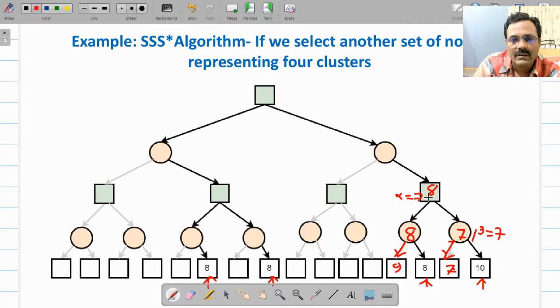Now alpha value will change. 8 is better than 7. So here alpha will be 8. So that value will be copied here. Alpha is 8. Alpha is 8. This will not be evaluated. If this node gets less than 8, then it will accept. Otherwise not. So now value of this node is, what was the value of that node? Oh, that value was 5.